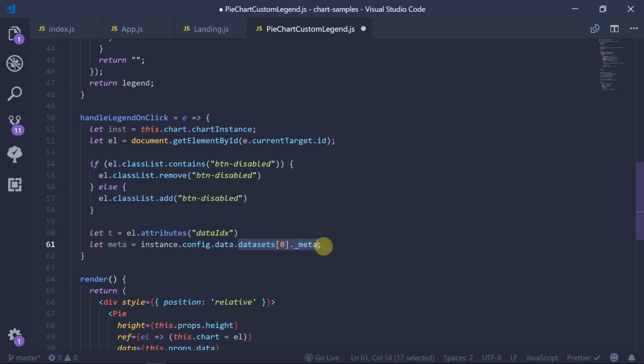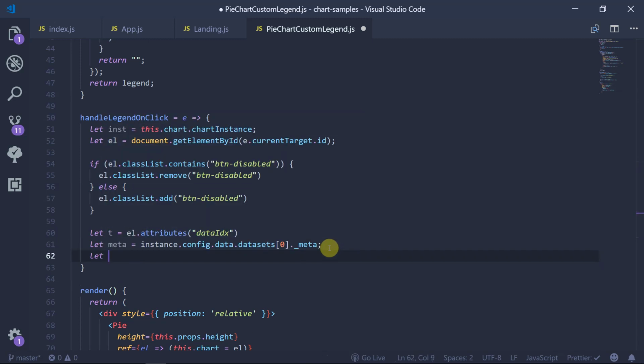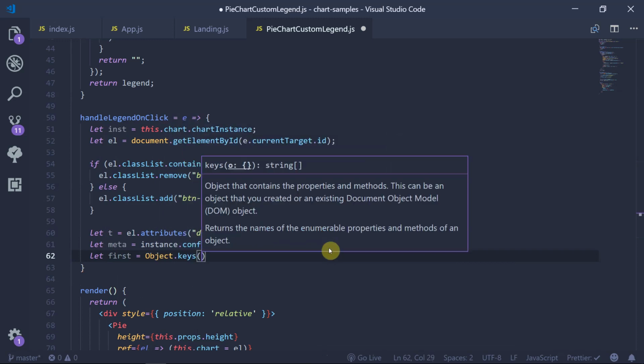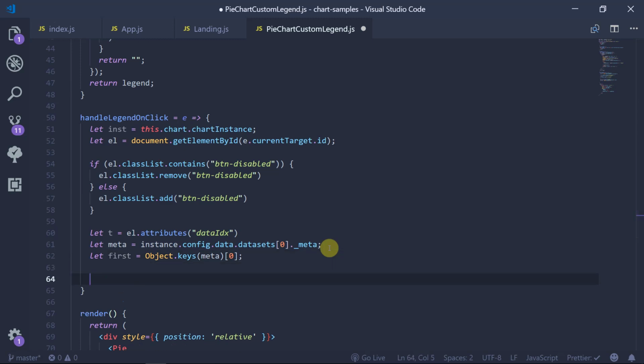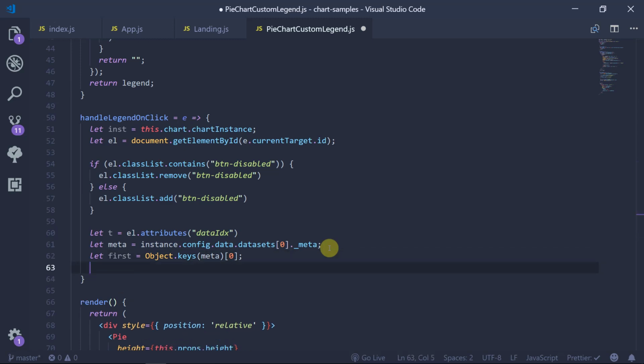So just keep that in mind. And then we'll say we're going to get the first one, and we'll do Object.keys of meta, and we'll grab the first one. There's a way to do that with array destructuring or object destructuring or whatever, but honestly, this is fine. So we'll take meta of first, and basically we need to have this first. So we can't just say meta of 0 because